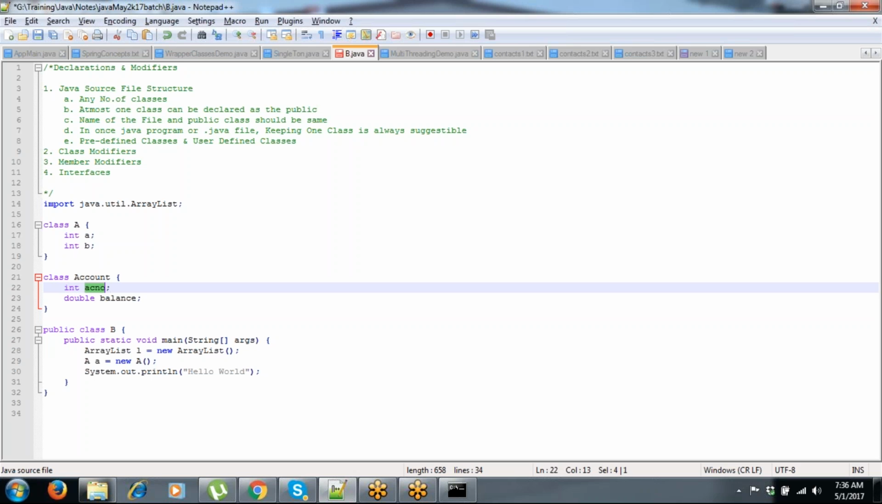What is the ACNO type? Integer. What is this A type? Class A. What is this L type? Array list type. So here, in order to represent any data,